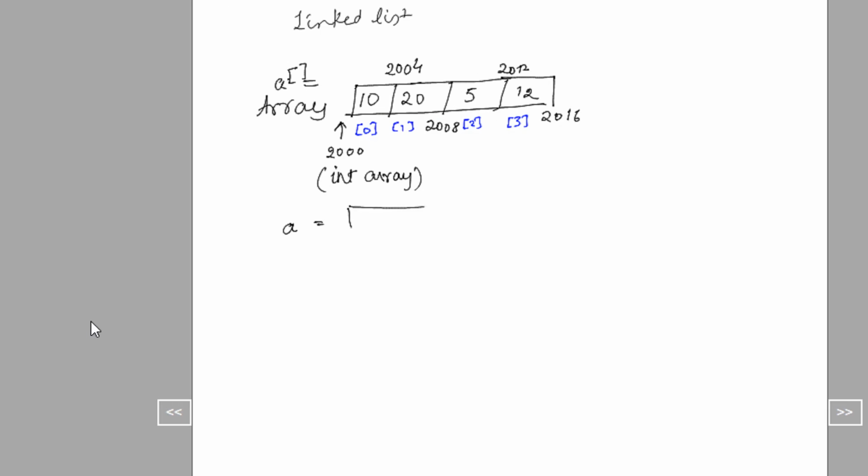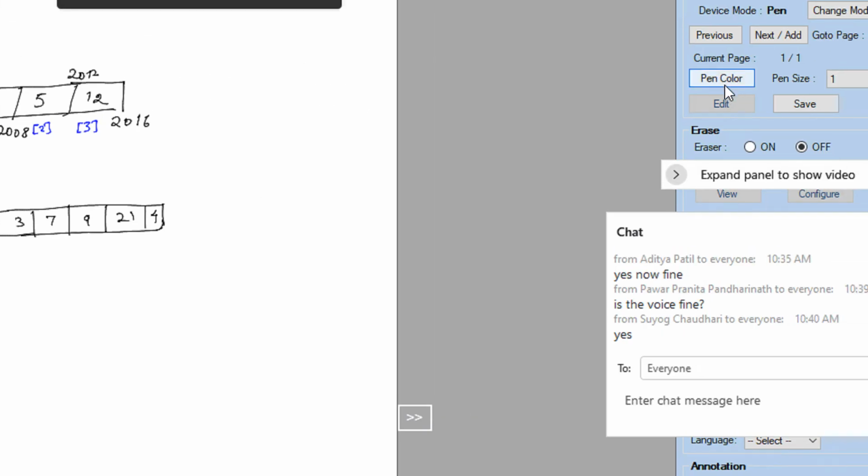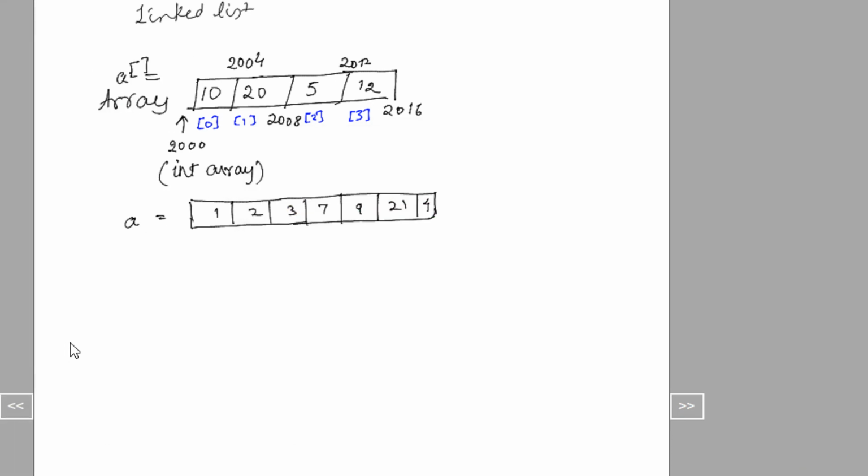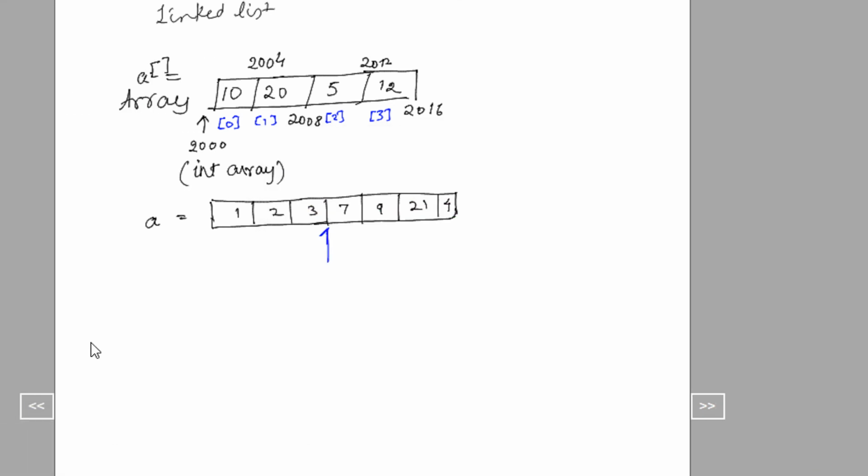So let's say this is an array here. This is such a huge array. And now you want to insert a new element at this particular position between 3 and 7. Let's say the new element is 45.